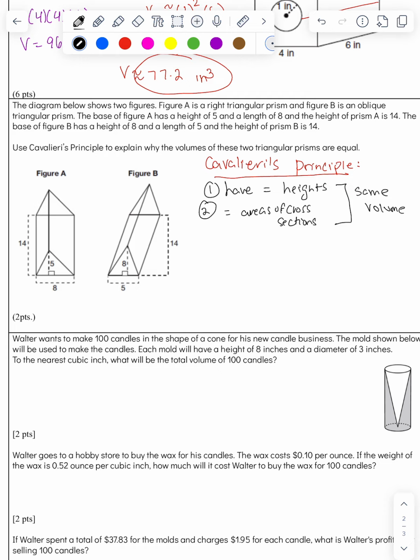So you did have to state to get full credit that these two figures have the same heights and that they have the same areas of the cross section, but you also have to use the information from